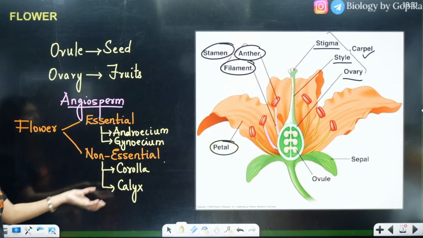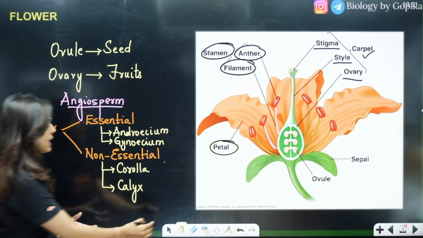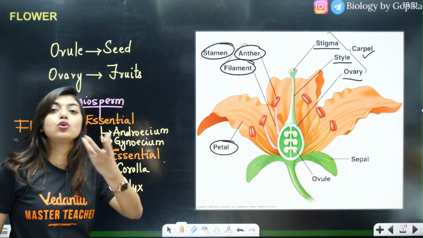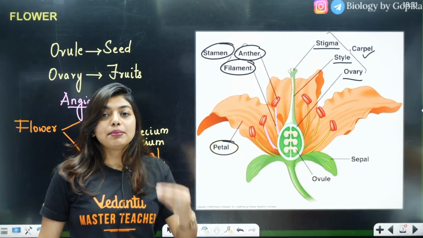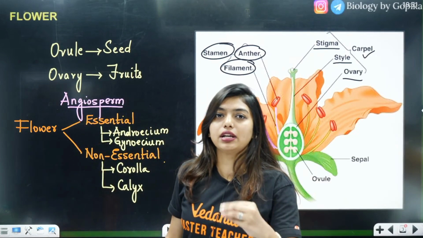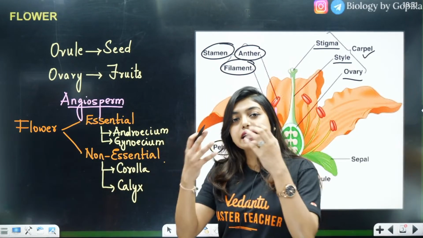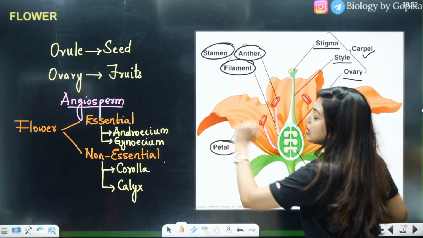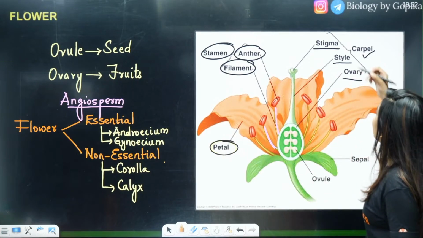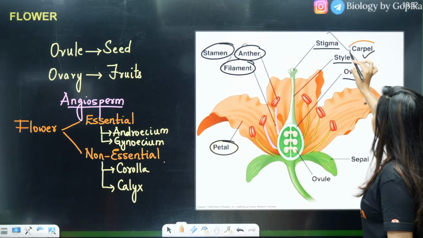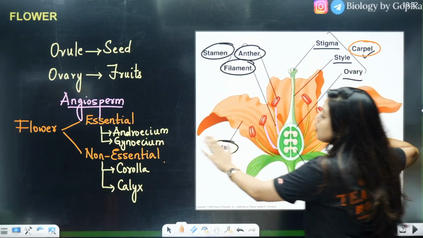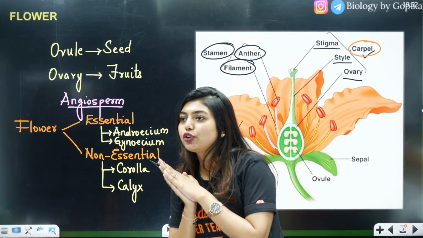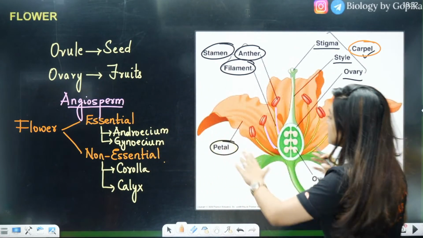Now ma'am, you have written androecium, gynoecium, corolla, calyx, but you did not write anything about the other terms that you spoke about. Students, who is going to be part of the androecium? Since I am telling that it is the male part, stamen is going to be a part of it. And stamen consists of anther and filament, as you can see here. Now ma'am, gynoecium, who is going to be there? Your stigma, style and ovary, which form the carpel, and many carpels together will form your gynoecium. Clear to all of you? Yes, very nice.